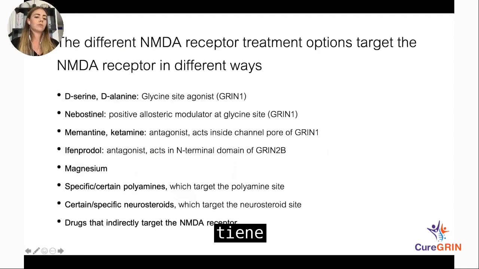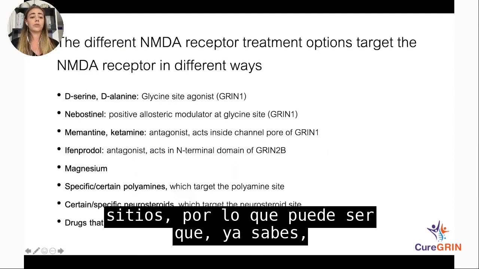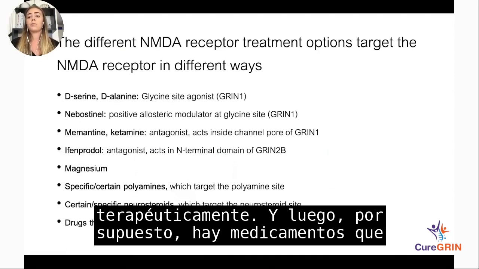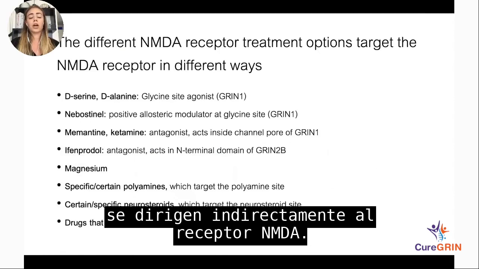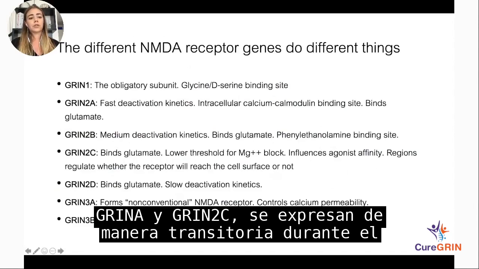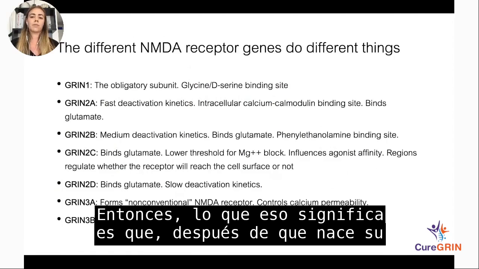We know that the NMDA receptor has polyamine and neurosteroid binding sites, so it may be that certain polyamines and certain neurosteroids can help therapeutically. And then, of course, there are drugs that indirectly target the NMDA receptor. Some of the genes that I mentioned, particularly GRIN2A and GRIN2C, are transiently expressed during development at higher levels. So after your child is born,